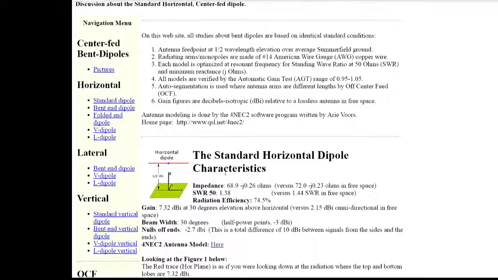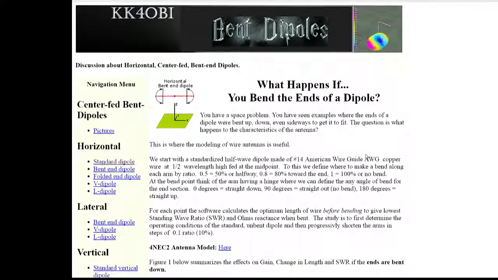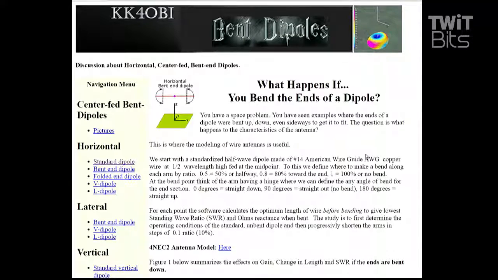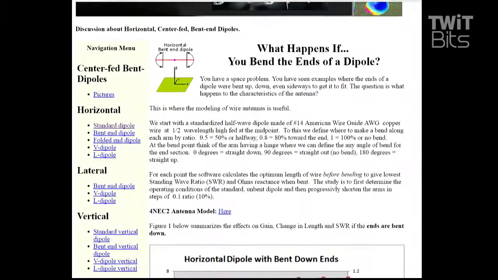One of the first things you talk about is how do I get this antenna to fit into my attic? Well, bent end dipole is a pretty good example. This is what everybody does. You either bend the ends down or you bend them up. And if you do, what happens to the signal? Well, a lot of people worry about that. If you scroll down a little bit, there we have